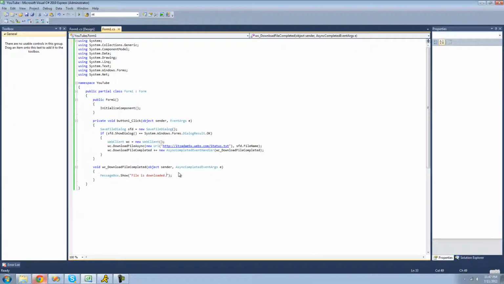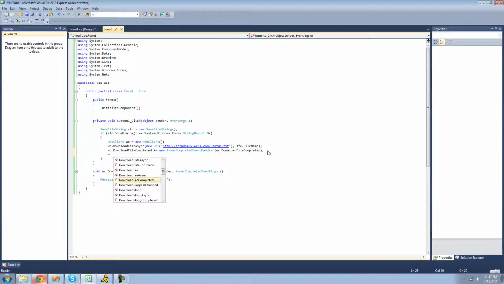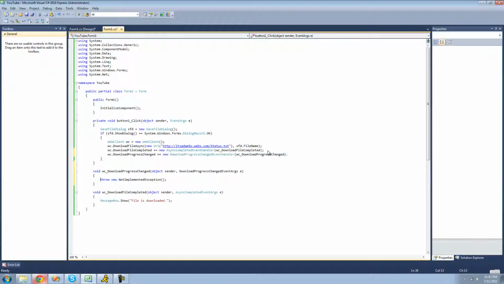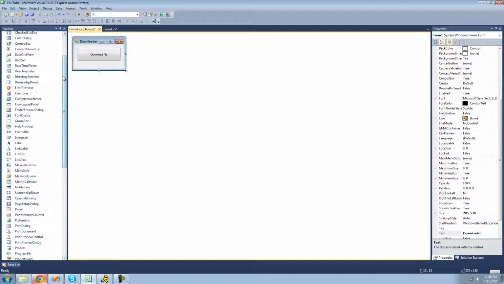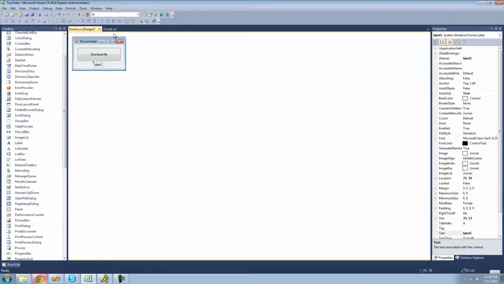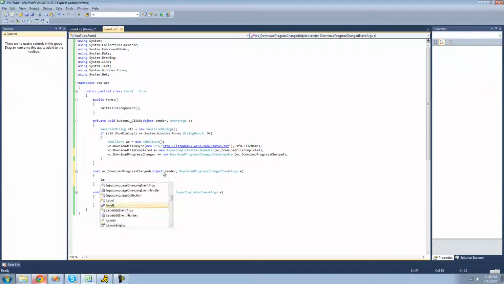The last thing that I'm going to be showing you is how to get the progress of your download. And there's another event inside of the WebClient class called DownloadProgressChanged. And this will be triggered every time that the progress has changed. It's pretty obvious, it's the name of the event, but yeah, it'll just be triggered every time that the progress is changed. So we're going to have a label, and it will tell you the progress of the download. So we're just going to do label right here, and we'll just say that the text is, we'll say progress,